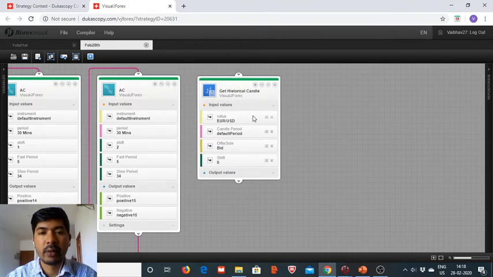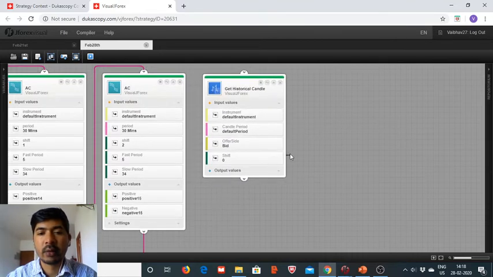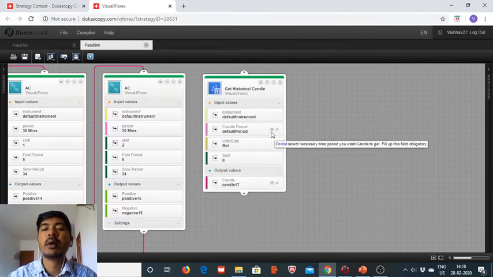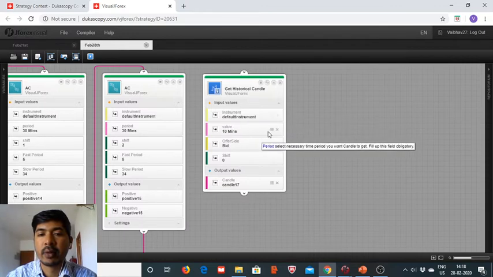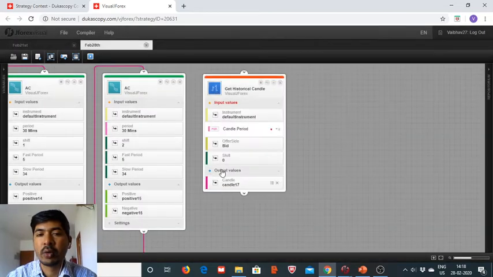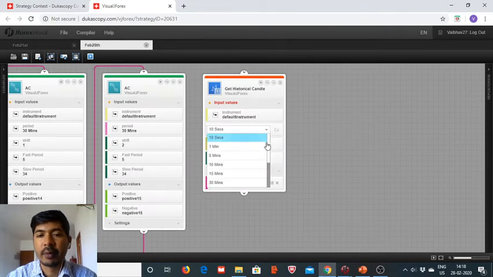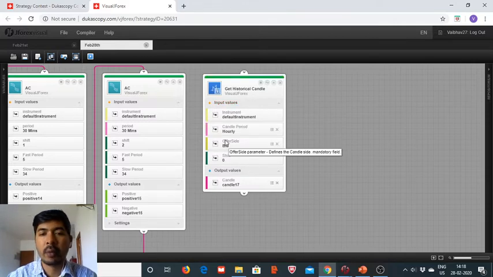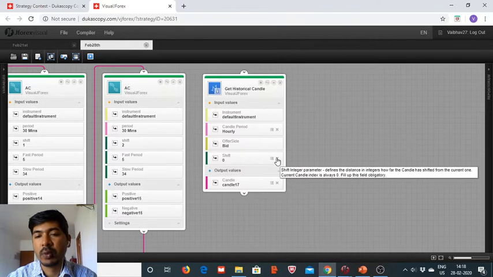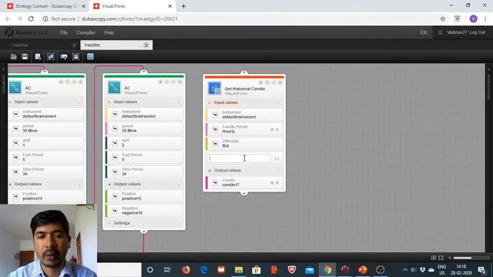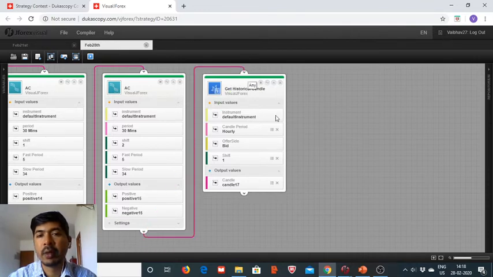and here the instrument default period is of 10 minutes, so we change it to 1 hour. Hourly upper side is bid and we make it shift 1, then it will be 1 hour back, and then the candle 17 we change it here,